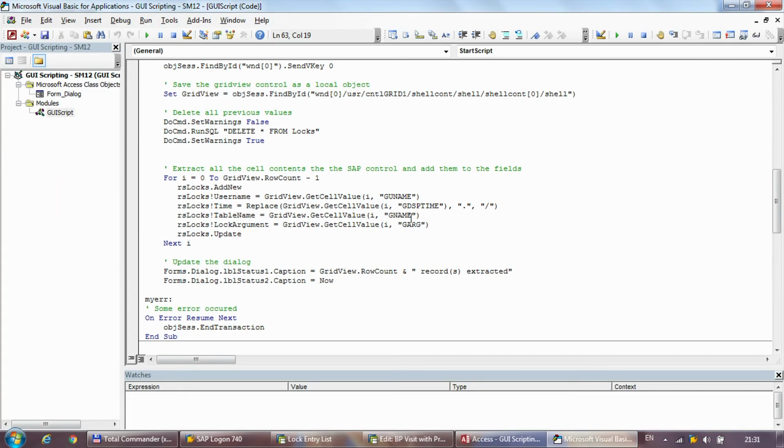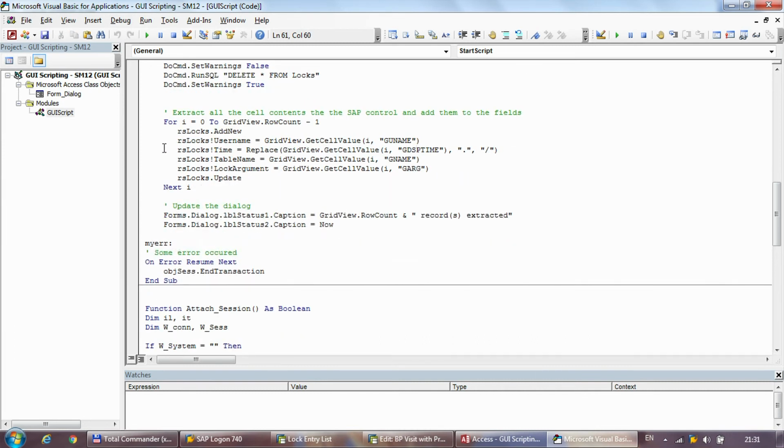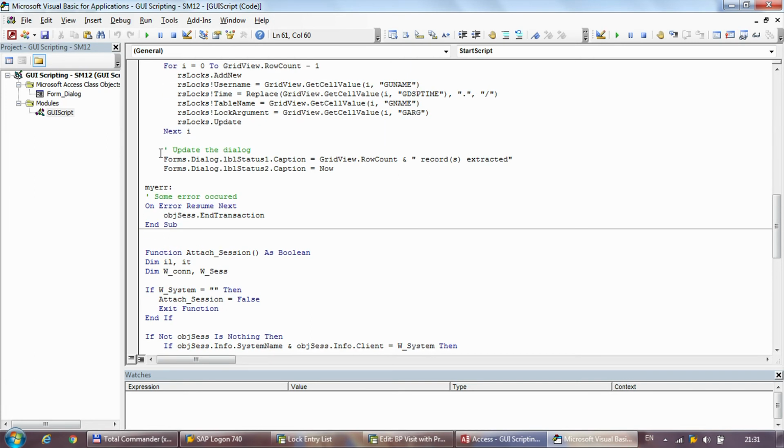Yeah, so you do the table updates. So you do recordset exclamation mark field name equals GridView.GetCurrentCell(I, and the technical name of the field), and then that's it. You loop through all the items in the grid view, and then finally I just do the update on